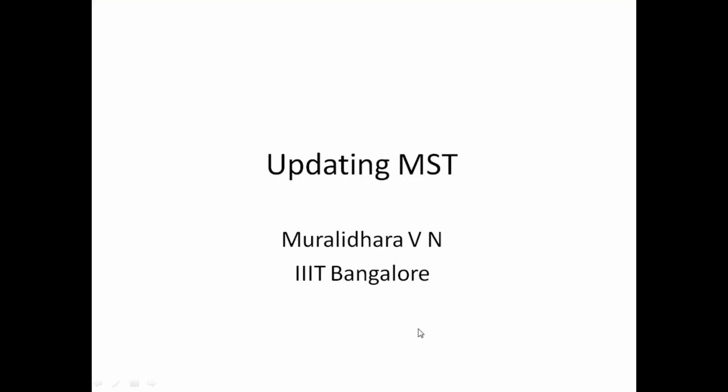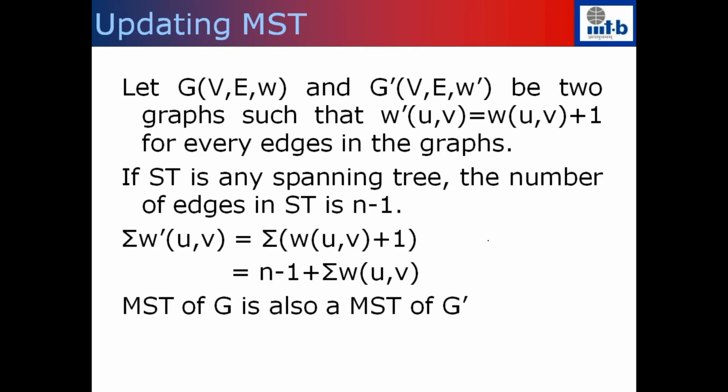And the other important thing is that if the graph itself is dynamic, when I say the graph itself is dynamic, some edges may be added, some edges may be deleted, or the edge weights of some of the edges can increase or decrease. In that case, if you want to maintain the spanning tree, how quickly can you update your spanning trees? These are the questions we'll try to answer in this video. We will see how efficiently we can update the minimum or maximum spanning tree if the graph is a dynamic graph. Let's look at an easy example.